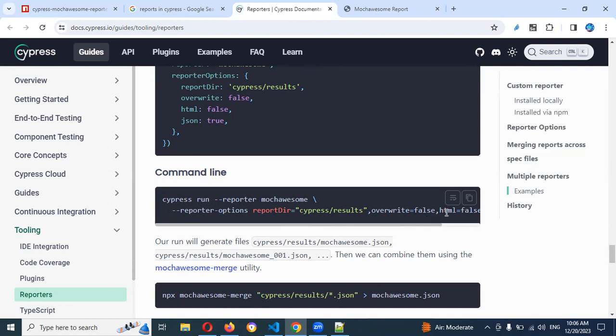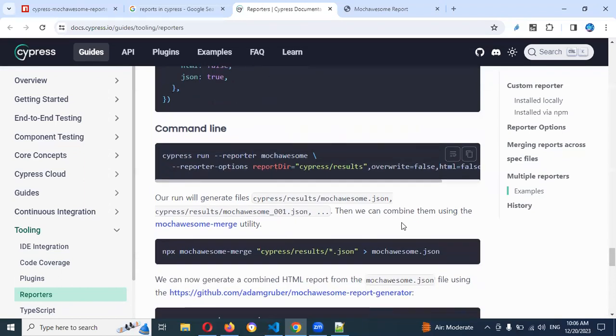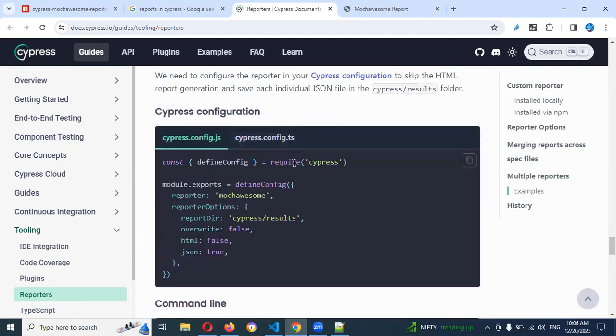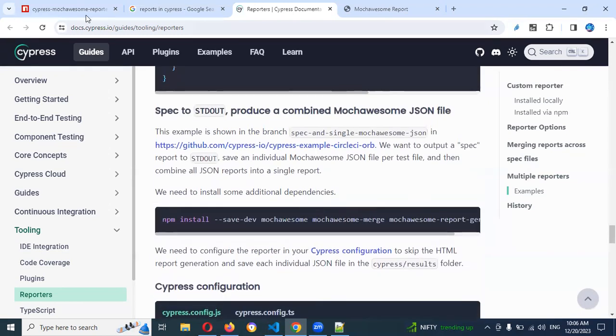overwrite false and all. If you add this command, then definitely it will generate the report. Once you have generated the report, you need to use this line to merge that particular file. Try this as well, it will work for you. Not only this one, they have also provided standard installation and configuration steps. You can go one by one. It is very easy to